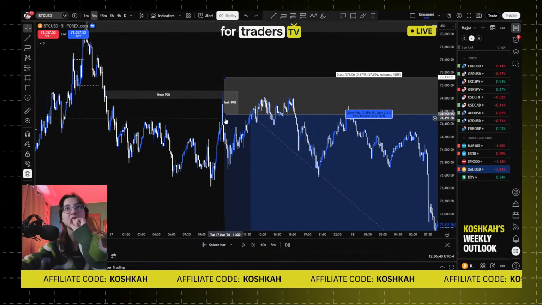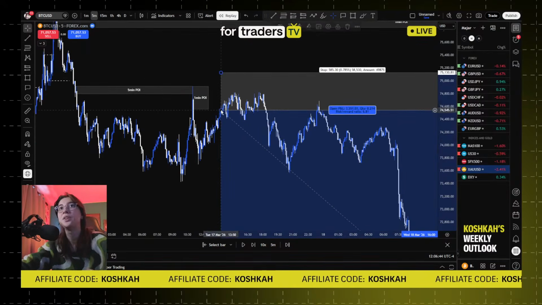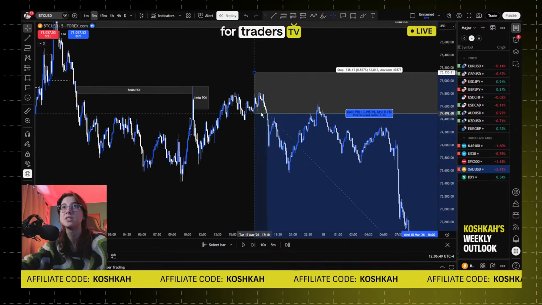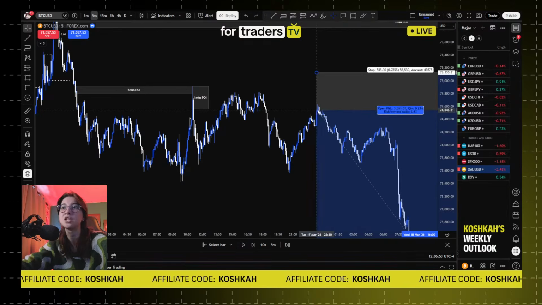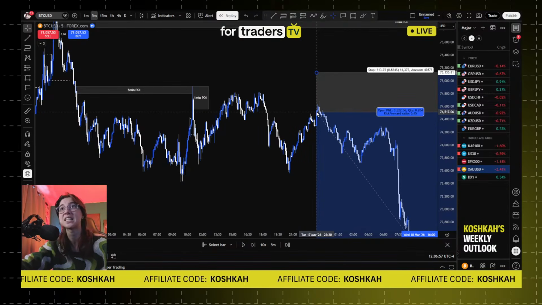A lot of people were telling me, okay, but if I'm not here when this happens, what can I do? The thing is, you had multiple times to enter this trade. So you had all of this. This is during Sydney session. So, okay, maybe you're not entering here, but after Sydney session, you see during Tokyo, another opportunity to enter the trade at the exact same level.